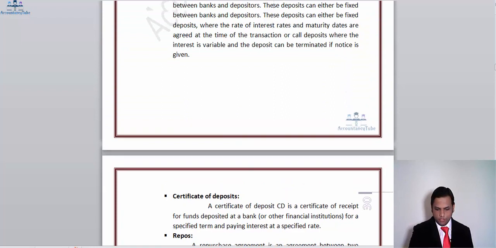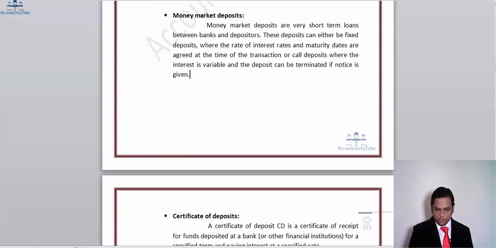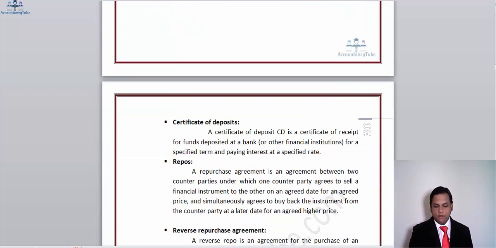The difference between a certificate of deposit and a money market deposit is that money market deposits can be tradable and non-tradable depending upon the terms and conditions which you want, whereas certificates of deposit are mostly not tradable. Here you get a CD or receipt for the funds deposited at a bank or other financial institution for a specified term and paying interest, and the interest rate is fixed for that specified duration,